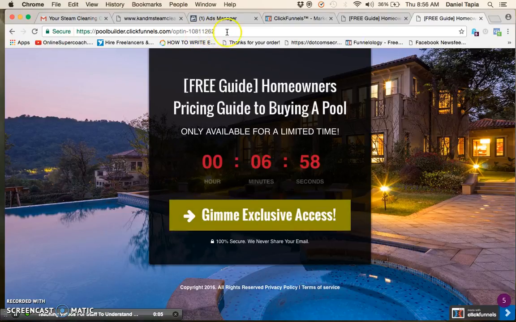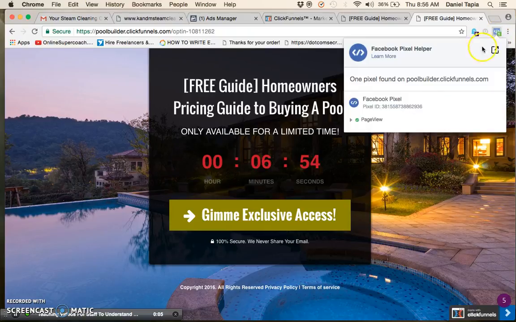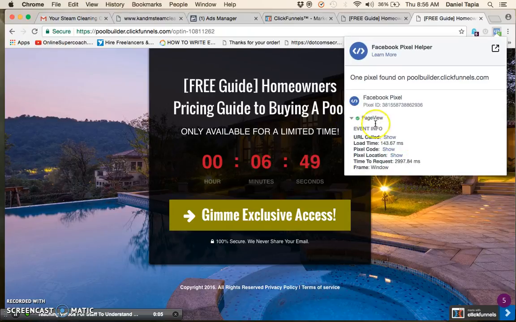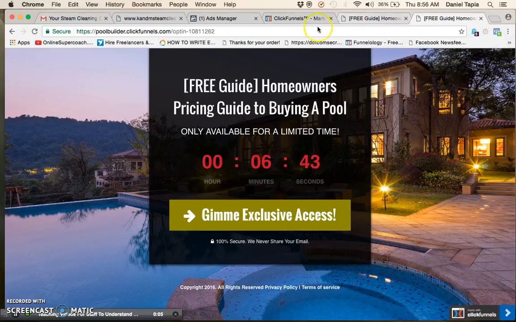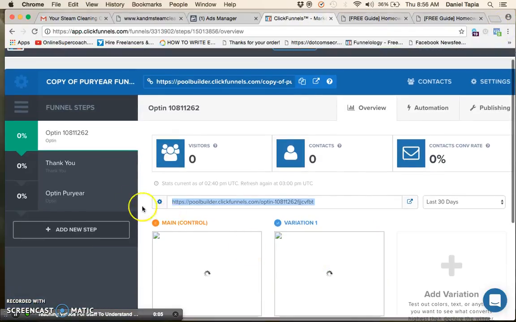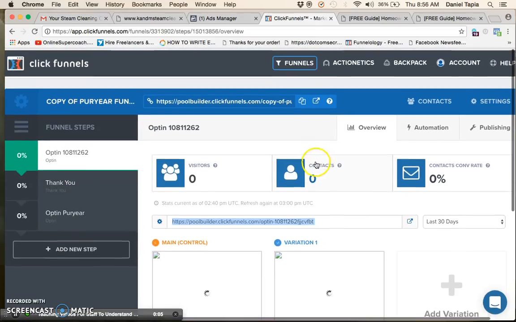See, it's not the same one. But now look at what we got here. See that? Boom, the Facebook Pixel is installed correctly. Okay? So now you know that it works. The Facebook Pixel is on the page. However, now we need to go to